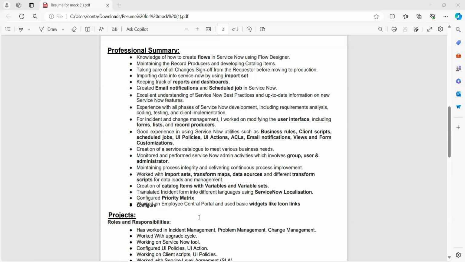Let's say I am one developer and another one will peer review whatever I have written, only those changes that are being transferred to QA. First we do unit testing on dev, then QA. In the QA, mostly the business analyst or other team, our leads and all, will be checking whatever development we have done. Then after the sign off, we are creating a change request and we are moving it to